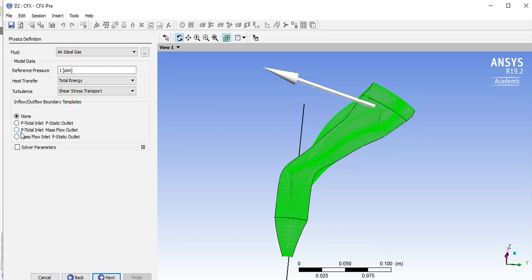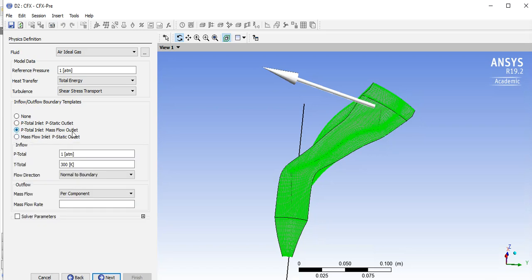The best boundary condition for CFD for turbomachinery analysis is P total at inlet and mass flow at the outlet. P total at the inlet is 1 atmosphere, but as we decided the reference pressure be 1 atmosphere, this is the gauge pressure compared to the reference pressure, therefore the P total at the inlet is 0, and the mass flow per passage is